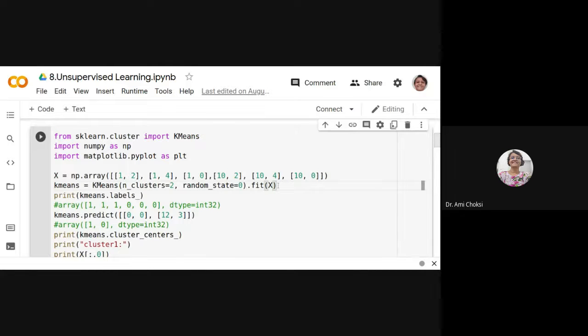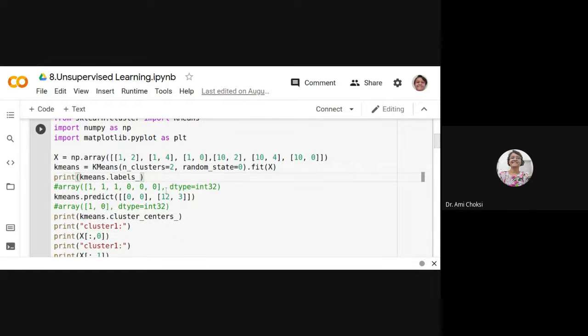As we already know, with available data, we are training our model. Which model here? It is our K-means clustering model, right? So that we are fitting with the help of the fit method, right? With that, we can have the labels available.